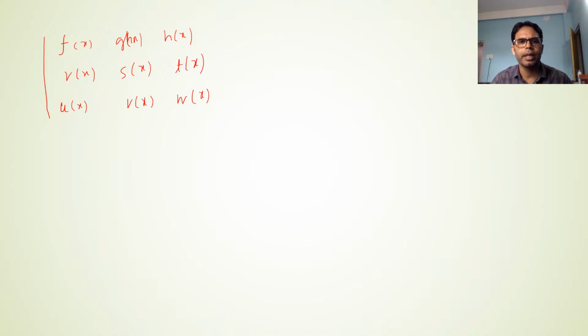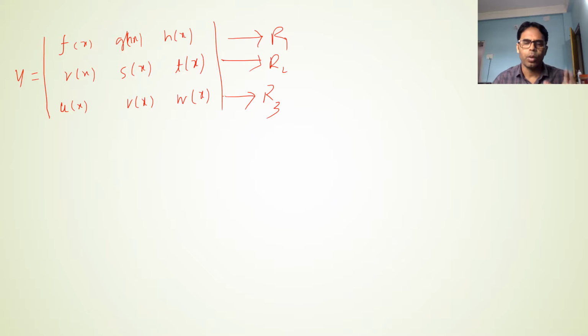Actually what I am telling you, if your function is this, now you see in all the lines, in the first row R1, in the second row R2, in the third row R3, all the lines are variables. Having variables means the first row is a function of x, second row is a function of x, and third row is also a function of x. So in these types of problem where the first, second and third, all the rows or all the columns contain variables,